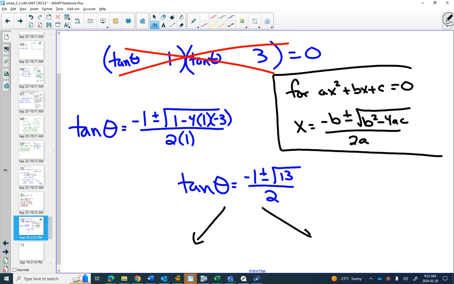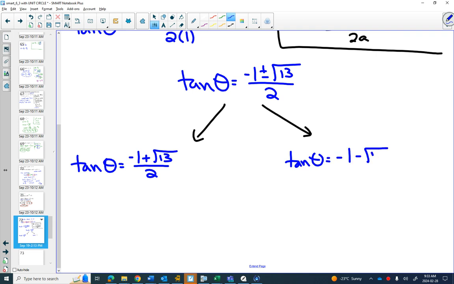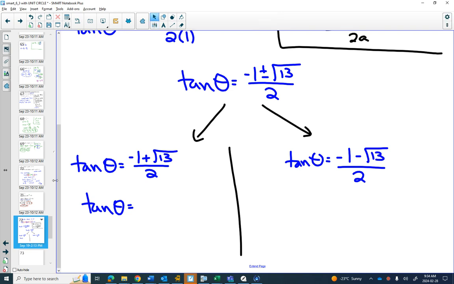Because of the plus or minus, I'm going to write it out separately, one with the plus sign, and one with the minus sign, and split my page in. Is negative 1 plus the square root of 13 over 2 on your pie plate? No. We have to use a calculator here. So we're going to need to find our reference angle. And actually with a calculator,